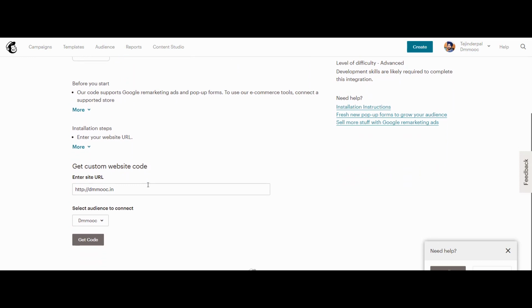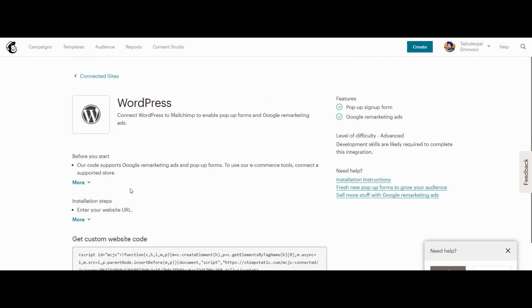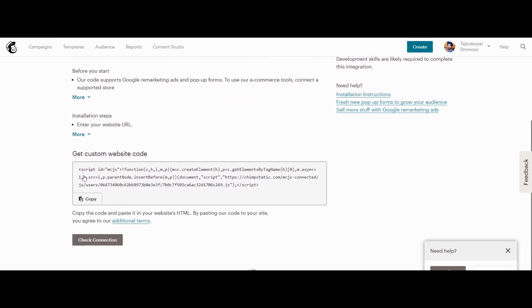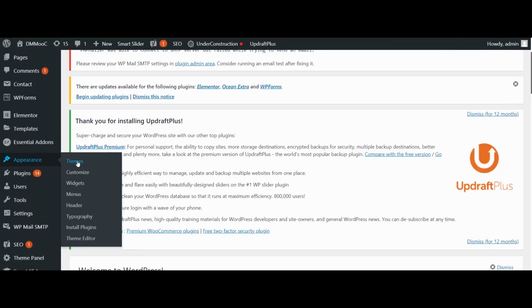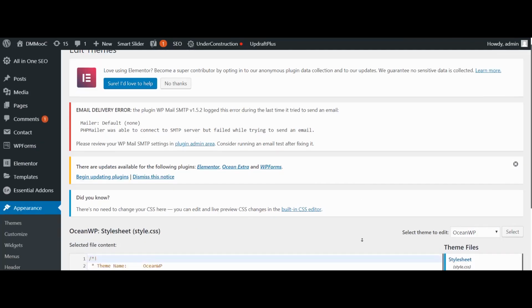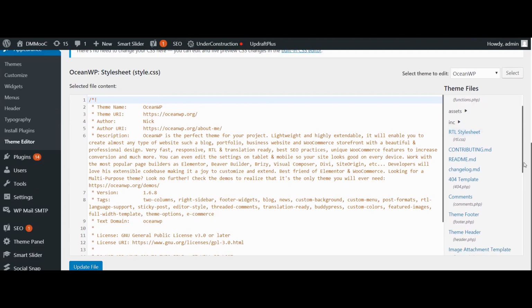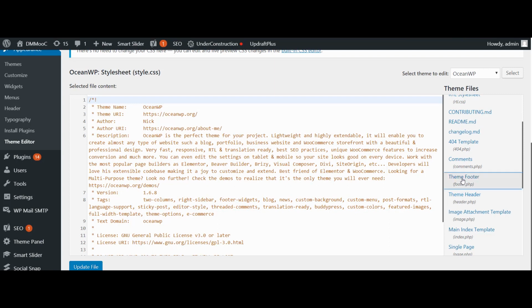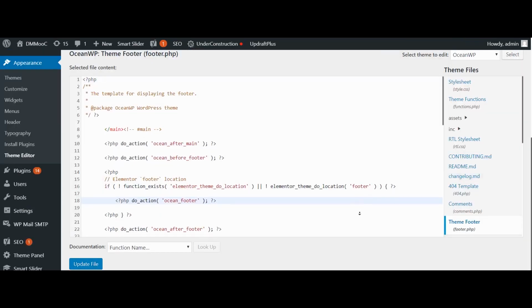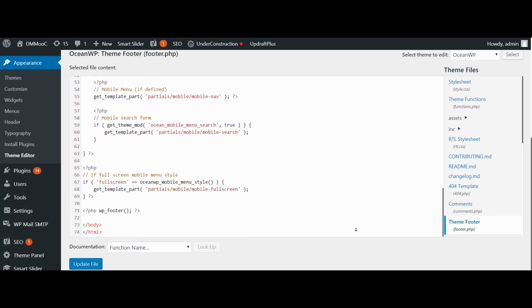enter the URL of your site and get code. This is the code that you have to paste in your WordPress website. To do it, open the WordPress dashboard of your website. Go to Appearance, Theme Editor. Now, from the right hand side of the theme files, click Theme Footer. Just scroll down the theme code to the bottom. Just above the body tag, we have to paste our code. Copy the code,